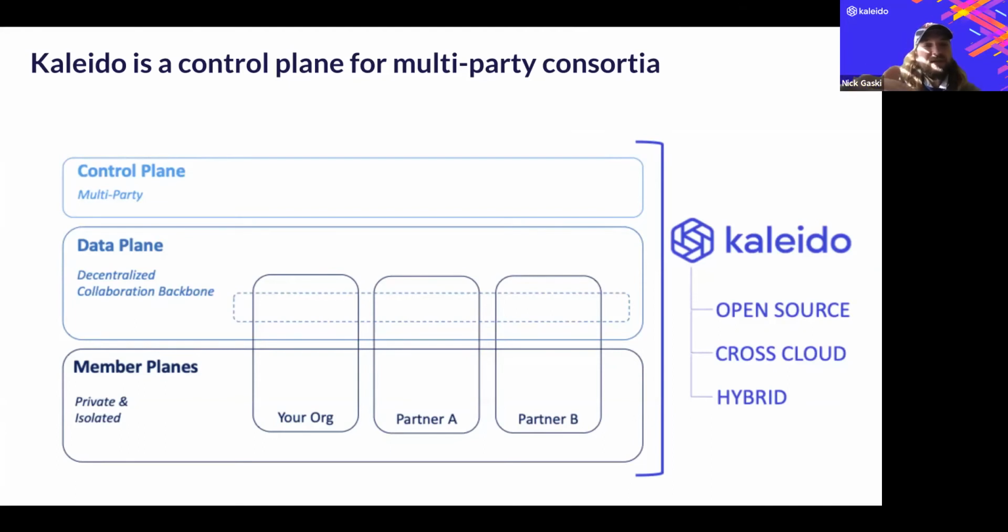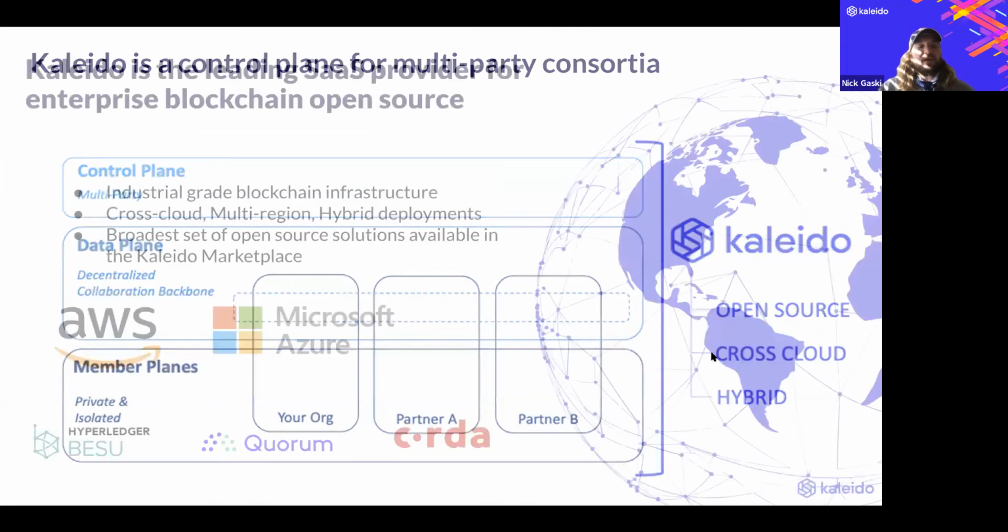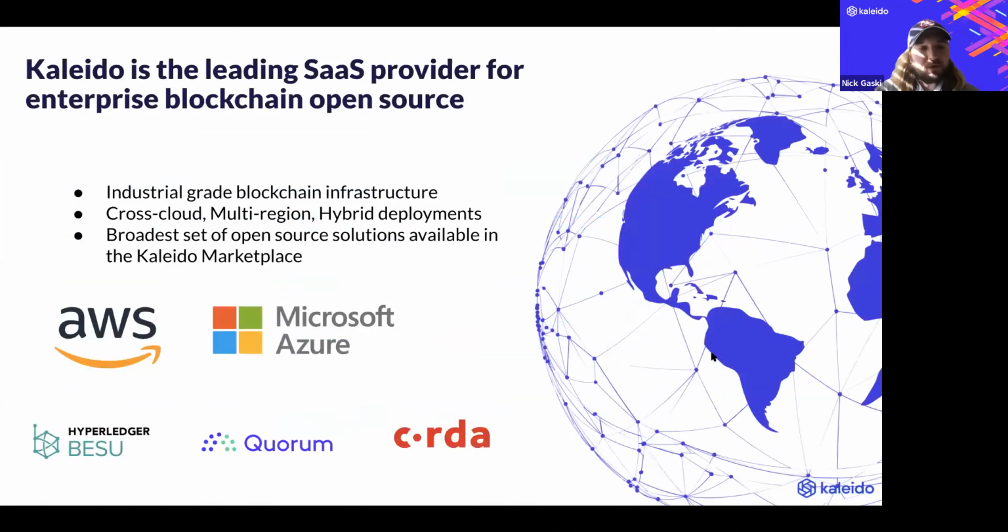So we see these different layers. We'll call this the layer cake, of the network and the shared data plane. But the really powerful and accelerating layer is this member plane, where we offer you all these rich integrations and all of this enterprise control over your own materials. At Kaleido, one great thing is that we've been working with two of the great cloud vendors, AWS and Microsoft Azure, for multiple years. So we're spanning the globe.